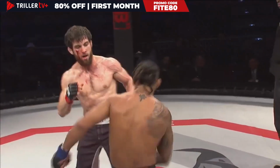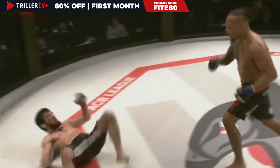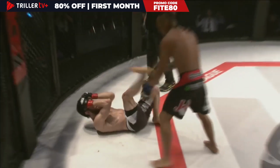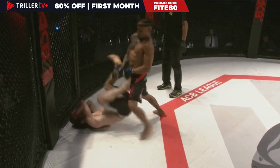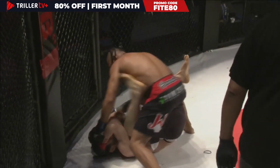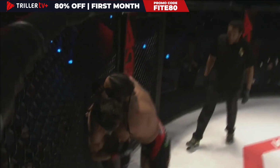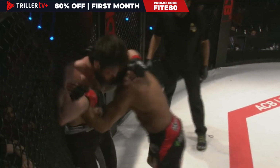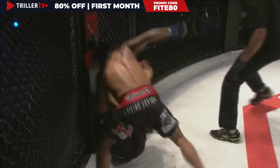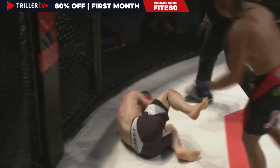Back up to his feet quickly. And that left hand, great head movement, followed it up here. And patient play as well, not diving in there, not risking it, and then picking the shots. Up against the cage as well. Nice knee to the body and that left hand, followed by the knee. Very impressive combination,